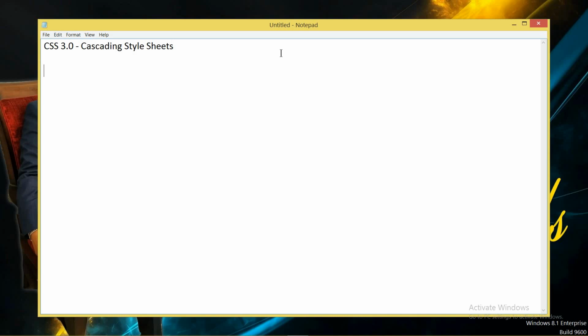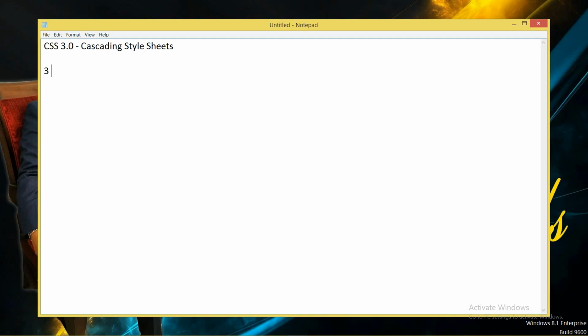Now as I said, CSS can be used to beautify a web page. Beautify means to arrange the elements of the web page, to make it colorful, to arrange the images, to arrange the backgrounds, for the animation properties, to make shadows and all that. You just have to learn the properties.